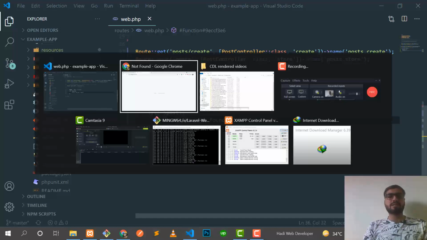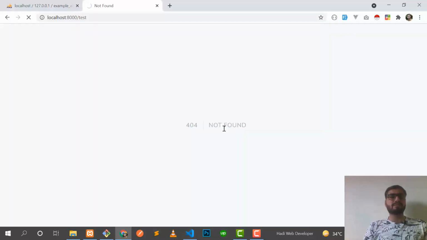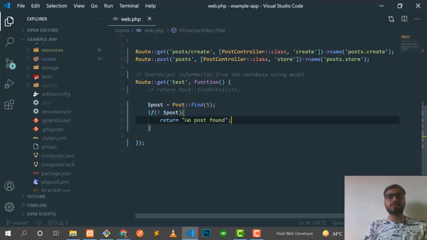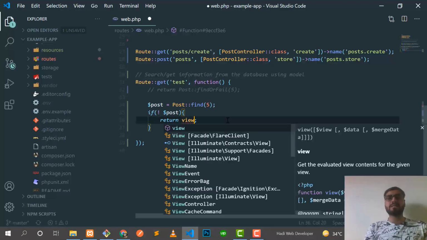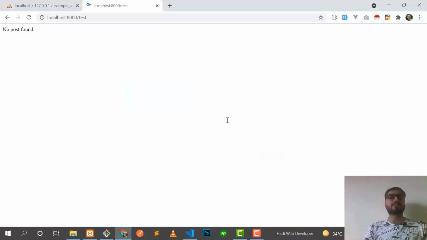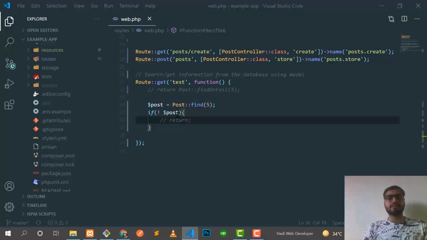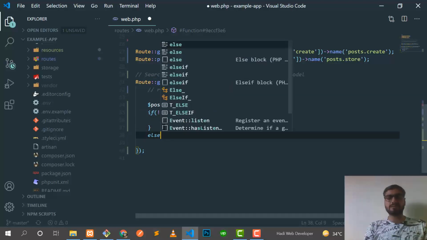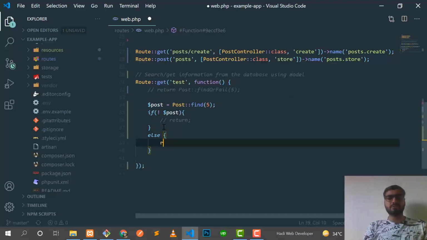Save this one and go to the web browser and give it a refresh, and yes, now it says no post found, right? So now you can also return a view where you can define that no post found. This is a beautiful page, so you can return it like this, right? And if I put this else condition, if the post is found, display the post, right?